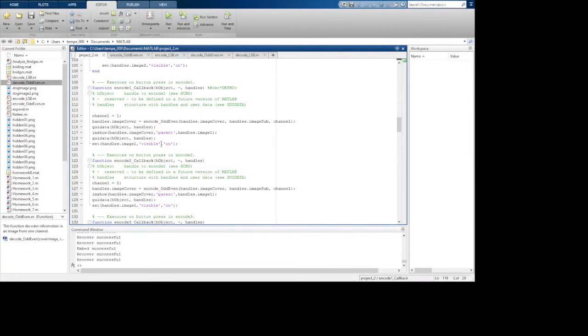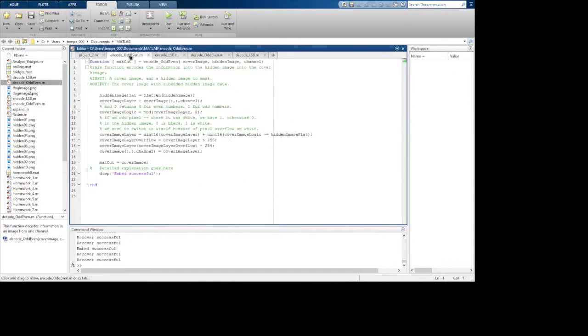Now we'll walk through how the code handles the encoding and decoding methods for both the odd-even and least significant bit encoding and decoding functions. We'll look at the red channel functions for all of these. This is our GUI function for the odd-even red layer encoding method. First, a variable is set that determines the channel that we'll encode the image into. Then, we call the odd-even encoding function with the cover image, the hidden image, and the channel we wish to